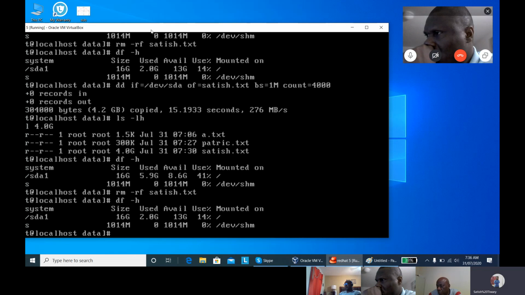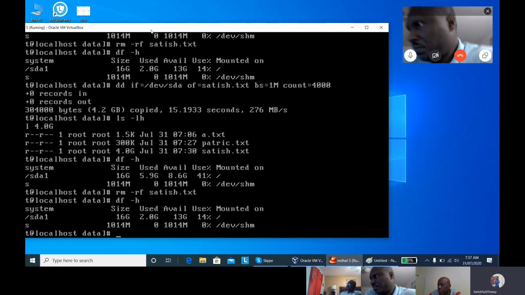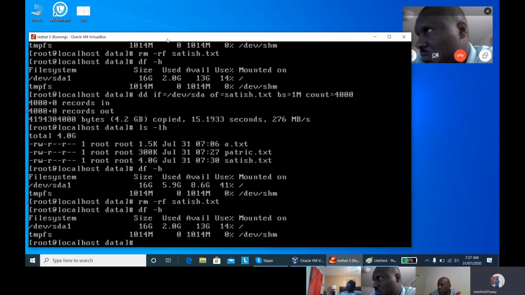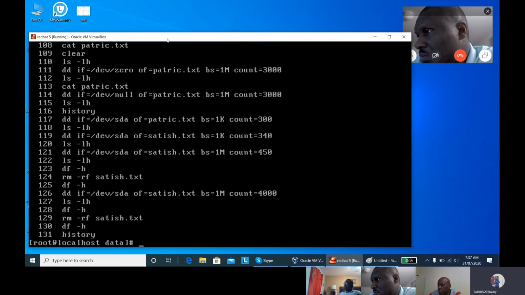So it is used where data is very important and you don't want anyone to recover your data. Suppose you are working as a data recovery engineer or as a system engineer. You need this command every day because a company doesn't want to reveal their data at any cost to anyone. So you have to use this method. These are the three important methods. There are more methods, but these are the most important ones that have been in practice for destroying data, for disk nullifying, and for disk zeroing.